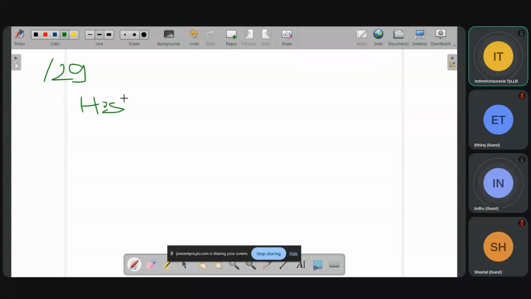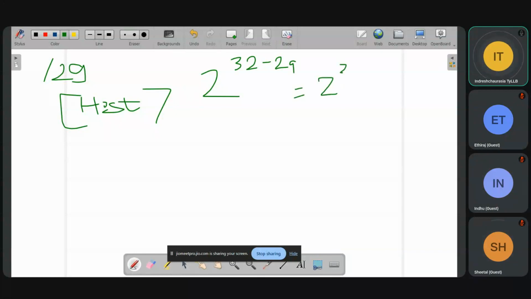It is 2 raised to, again, how many bits are in IPv4? 32 minus 29. So how many IP addresses are we getting? 2 raised to 3, which is 2 multiplied by 2 multiplied by 2. How many IP addresses? It's 8, right?